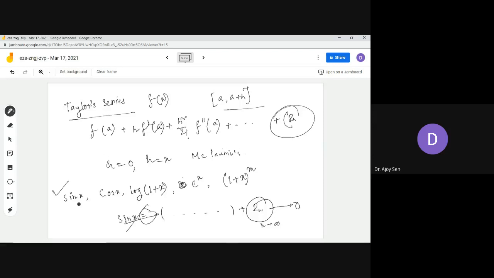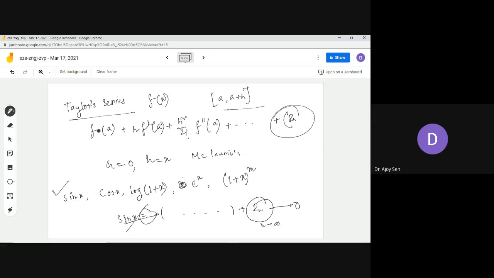So in general, whenever you see sin x, cos x, you will not need the Maclaurin's expression, because here you will put a to be 0 and h to be x, rewrite this Taylor series and do the expansion. Just you have to find out the derivatives. And I know you have done the successive derivatives, because all the successive derivatives are needed. Since you have done those, these ideas are needed. So this is the case of finding a Taylor series.